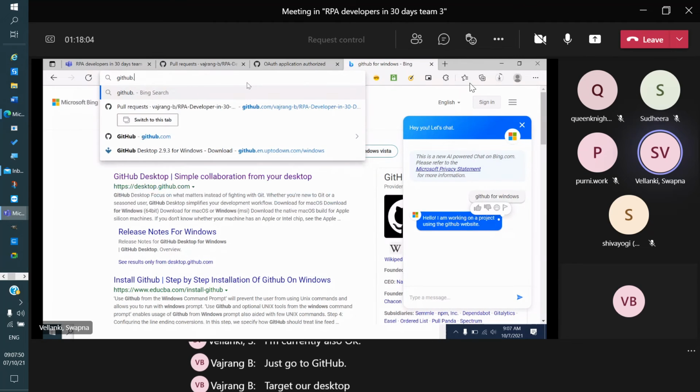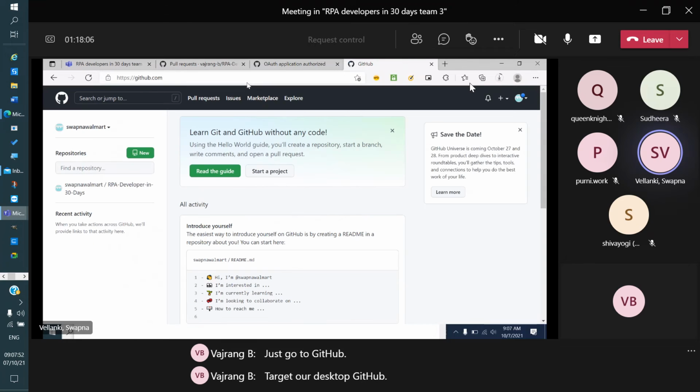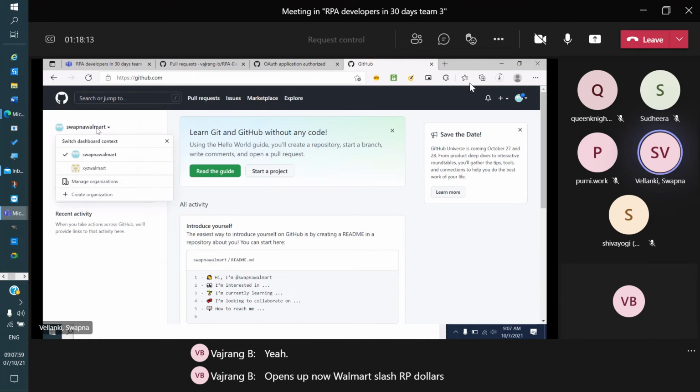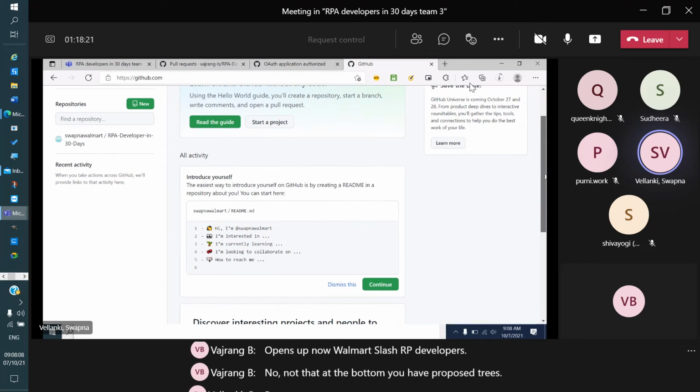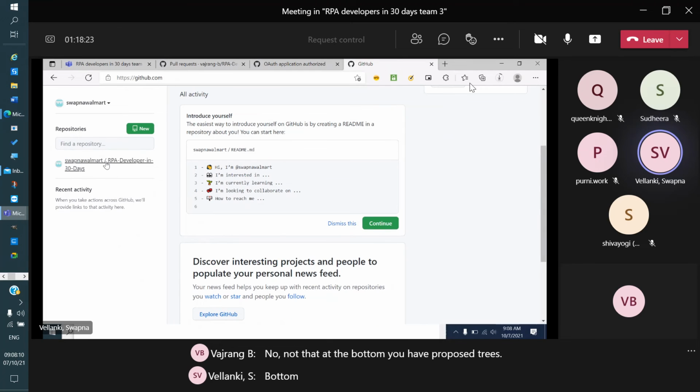GitHub. Open Swapna Walmart / RPA developers. No, not that. At the bottom you have repositories. Bottom here, on the left side.